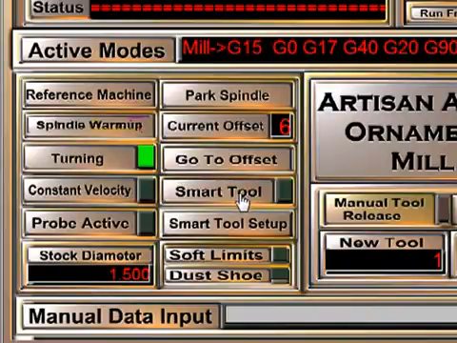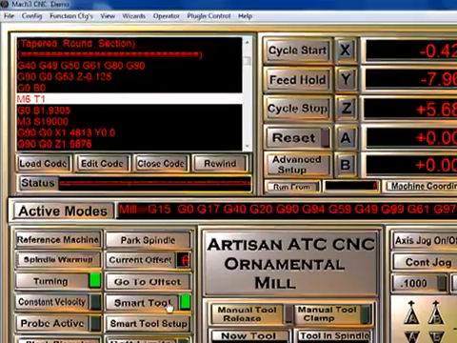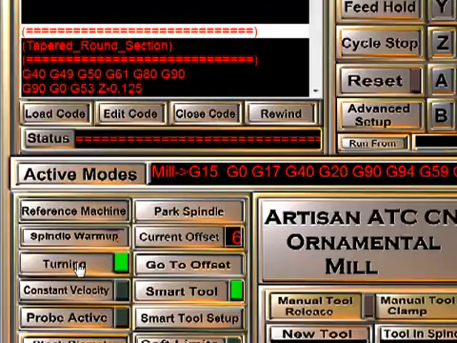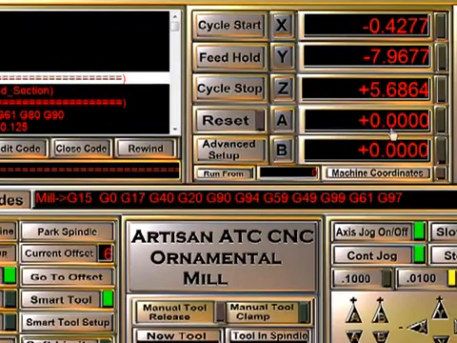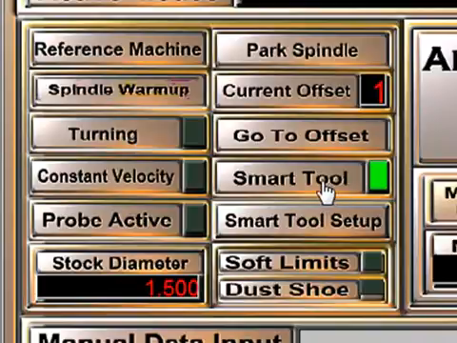Smart Tool is a little different in this program than our previous versions. We only have one Smart Tool button instead of a Smart Tool A and a Smart Tool. When you turn this on and the program sees an M6, which indicates that we need to change the cutter, once you change the router bit and press cycle start, it will run down and touch the Smart Tool pad. Now, depending on whether you're turning or working on flat stock, it will set the value of Z differently. For example, if we're turning between centers, once it touches off the Smart Tool pad, it sets Z 0 at the center line of the turning blank. If you're working on flat stock, it will set Z0 on the surface of the wood or the table.